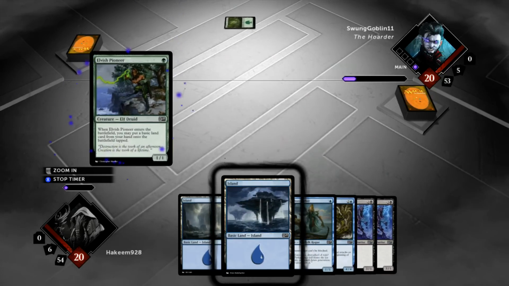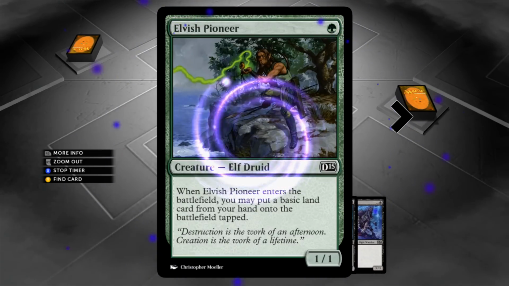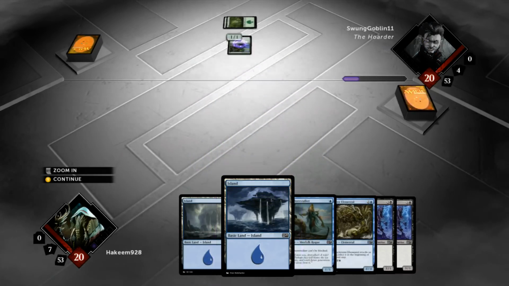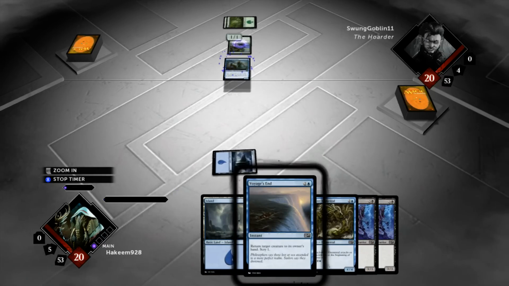Our opponent starts Forest into Pioneer. Not a big fan of the Pioneer. Just lets him put an extra land into play tapped on this turn, and he's going. Looks like he's going down the mono green path. The reason I don't like it, he's down to 4 cards in his hand already. Picked up a bounce spell, so we're just going to drop the Shore Stalker into play here on the first